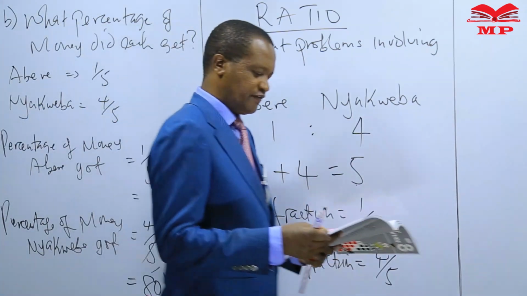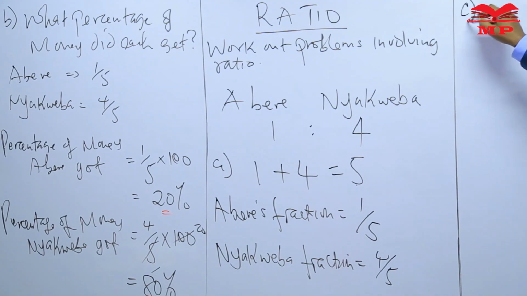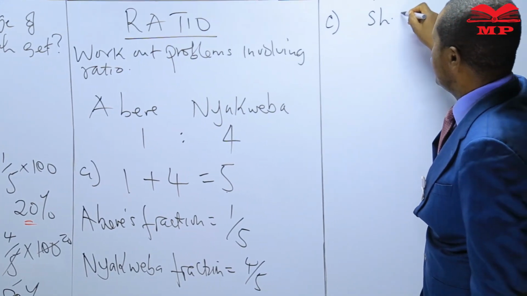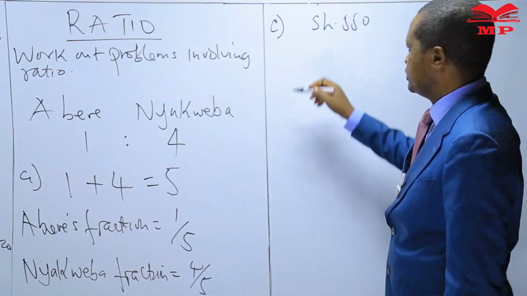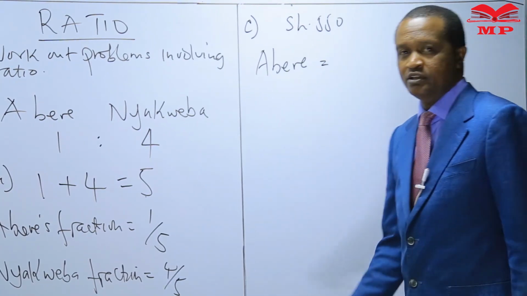Part C. If the money they shared was 550 shillings, how much did each get? So we have the ratios of the money they shared, and we are told in part C, if the money they shared amounted to 550, how much money did each get? So we see that Abere received